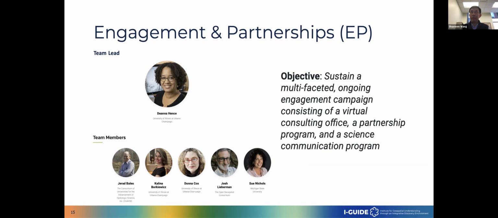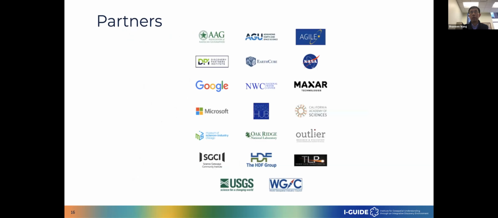this multifaceted ongoing engagement campaign consisting of a virtual consulting office. We have partnered with UCGIS to conduct several of those virtual consulting offices. And we have a partnership program and also a science communication program. The article you saw from Directions magazine was prepared by our science communication program and team. So we have about 20 partners already working with us, and we would welcome more partners to join the force